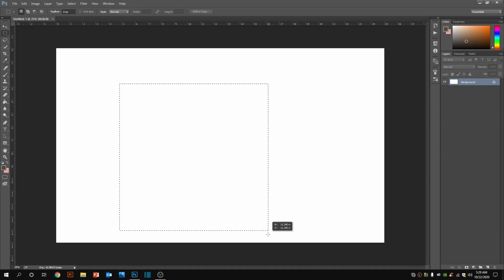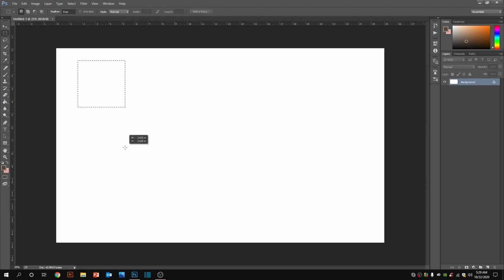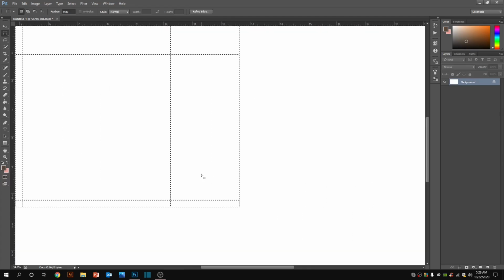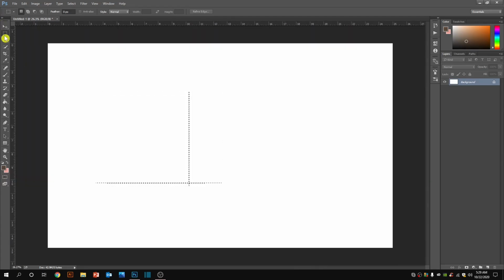I'm dragging it with the shift key, so wherever I drag it will come in a proportionate way. It will not come in a rectangle while holding the shift key. If I drag without the shift key, you can make a rectangle or any shape. So there is the first shortcut command.